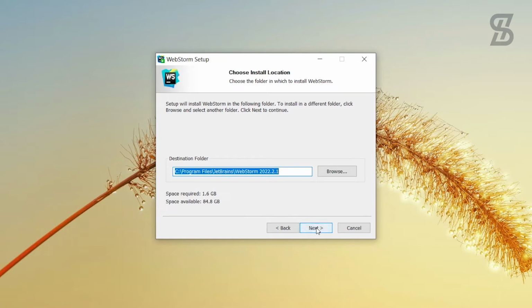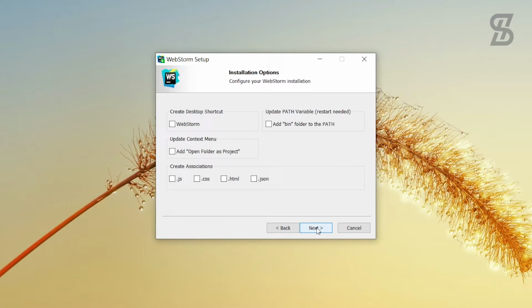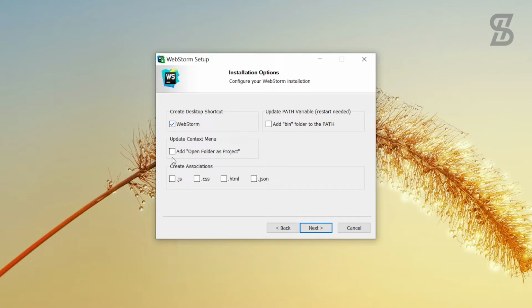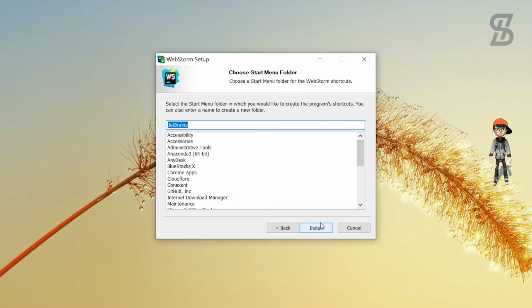So just again click the next option, and as you can see, here is the installation option, and here you need to choose some checkboxes like create your desktop shortcut, update your context menu, create your association, and the last one is update path variable, which is going to create a path in our environment variable. Okay, so after that, just choose next, and here is your start menu folder. I just set it as default and choose install,